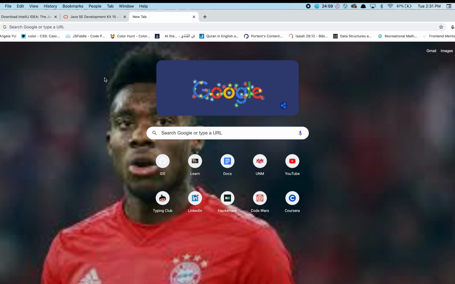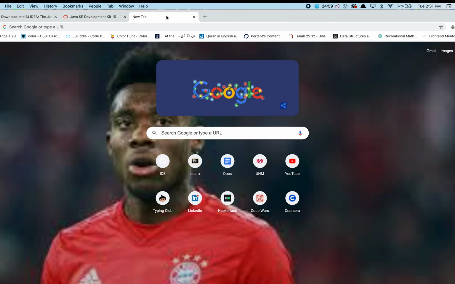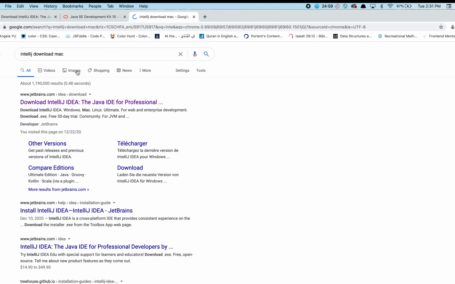So one of the most famous or popular IDEs that people use to program today on Java is IntelliJ. It's a really popular one that people use. There is an ultimate version. So if you go to JDK download, IntelliJ download for Mac, it'll take you to this link,